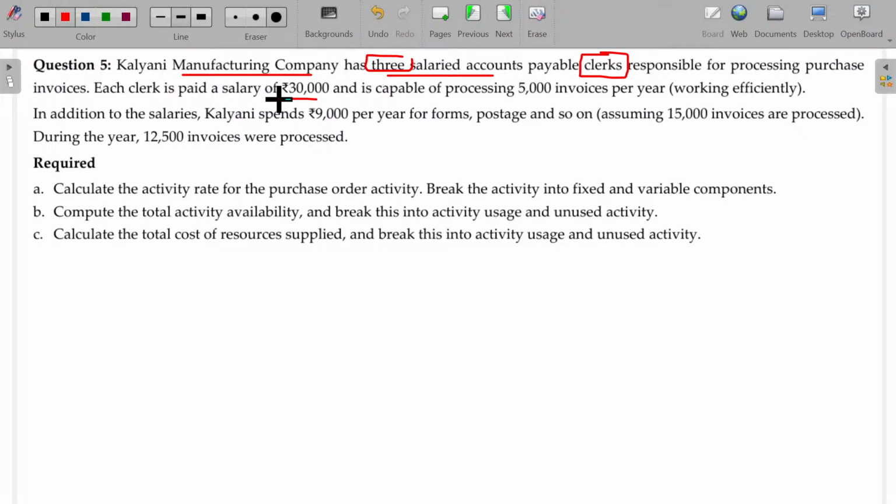Each clerk is paid a salary of rupees 30,000 and is capable of processing 5,000 invoices per year, working efficiently. In addition to salaries, Kalyani spends 9,000 per year for forms, postage and so on, assuming 15,000 invoices are processed. So from this it is very clear, for purchase invoice processing,